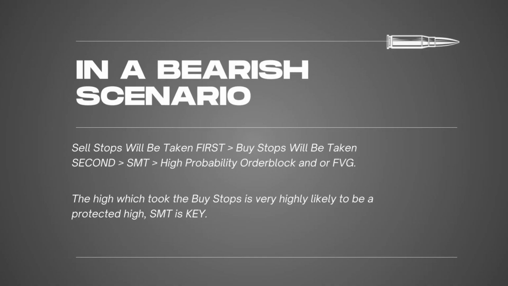above or below. So in a bearish scenario, sell stops will be taken out first and then the buy stops will be taken. And what are we going to be waiting for? Once those buy stops are taken, we want to see SMT, because that is where that high probability order block and/or fair value gap forms. The high which took the buy stops is very highly likely to be a protected high, and then again SMT